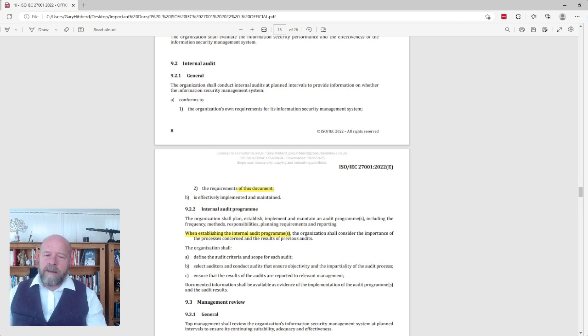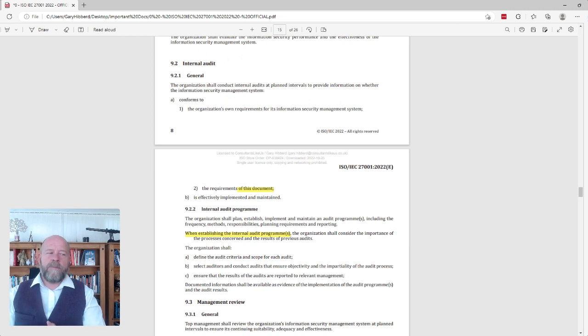But it does state that, and it's different for ISO 27001 2022, that when establishing the internal audit program, the organization shall consider the importance of the processes concerned and the results of previous audits.